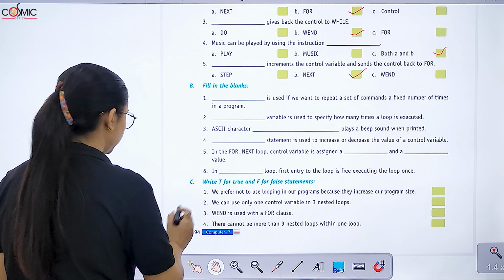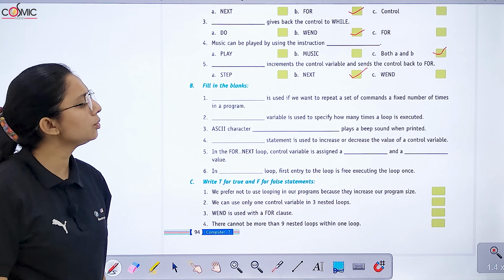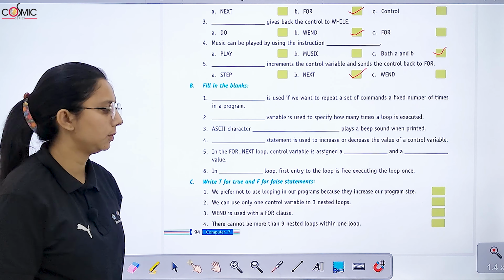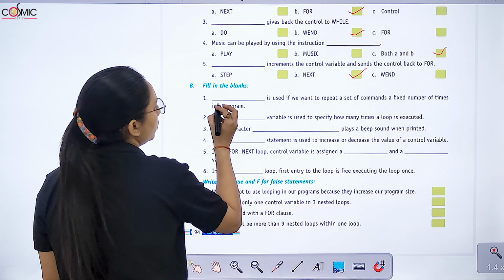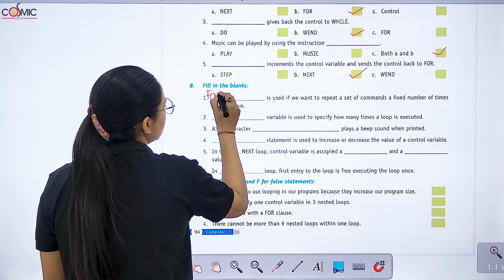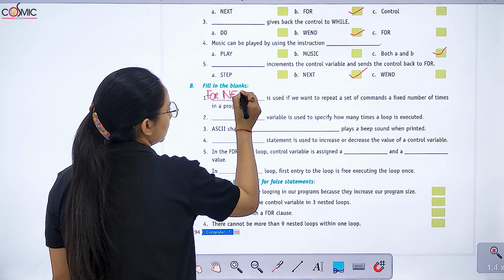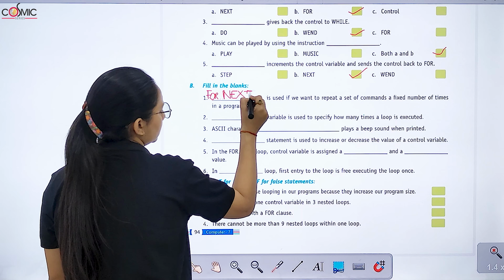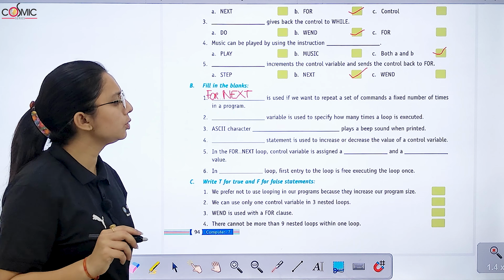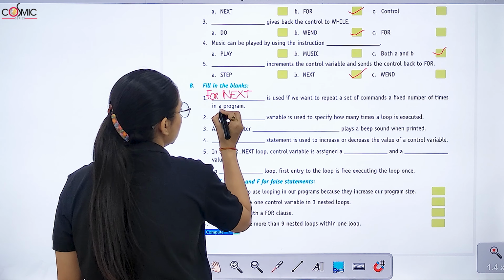Now fill in the blanks. Now dash is used if we want to repeat a set of commands a fixed number of times in a program. So FOR NEXT loop. Dash variable is used to specify how many times a loop is executed.